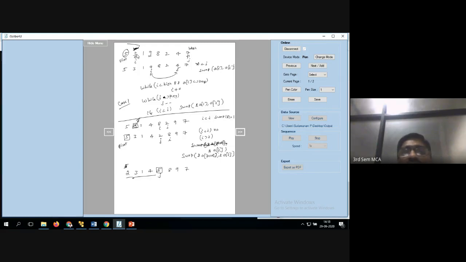Next is the partition, how to make it. This is the low element, and I is equal to low plus 1, and j is equal to high. So while I is less than j, I value goes up to here. While I is less than high and A of I is greater than the pivot element, I plus plus.